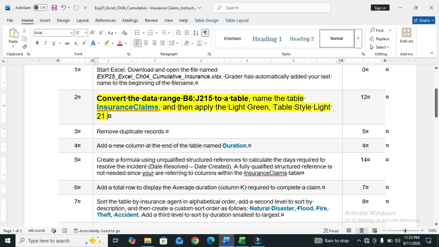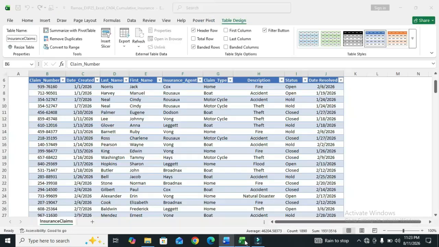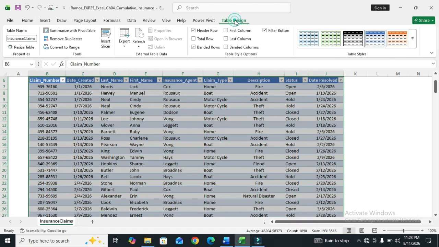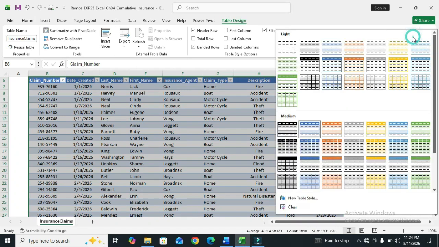The next part of this step is then apply the light green table style Light 21. So go to the Table Design tab and go to the Table Styles quick styles and find light green, Table Style Light 21.